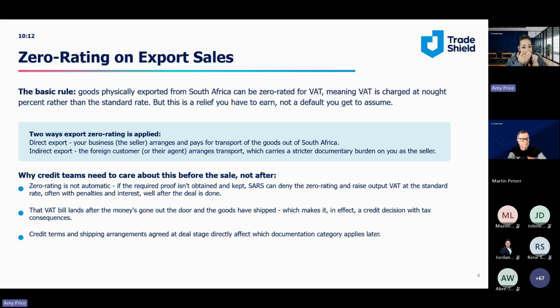I don't see any questions on what zero rating is, and who is the person responsible for that. So just on that, I do want to say that even when you are trading internationally, whether it's overseas in Europe,